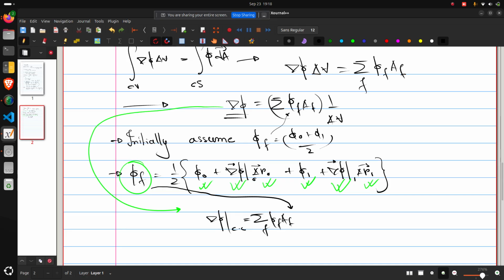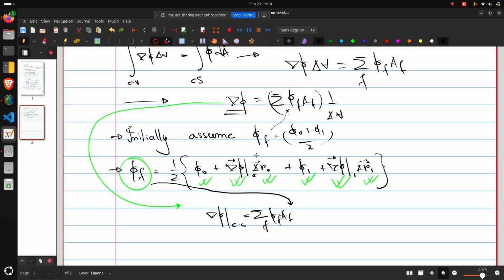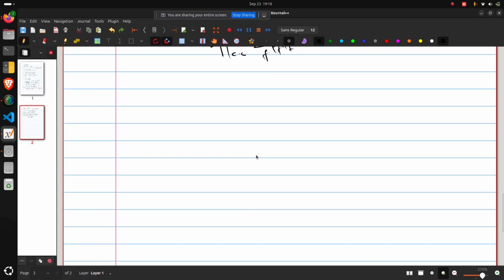The more non-orthogonal the mesh is, the longer it will take to arrive at this kind of solution, because at that time the gradients in the face normal direction will have more effect as compared to a mesh which is orthogonal. Uniformity does not play any major role in that. Now coming to the second approach, it is called